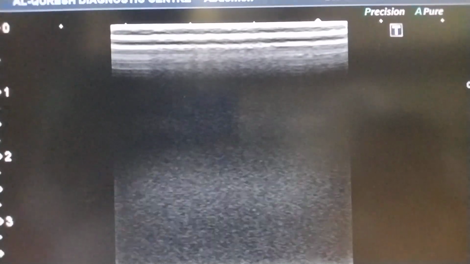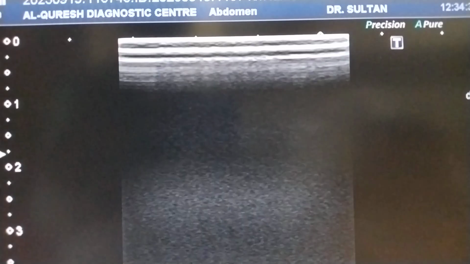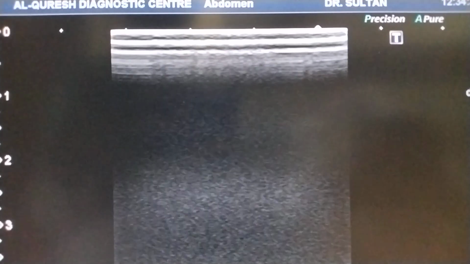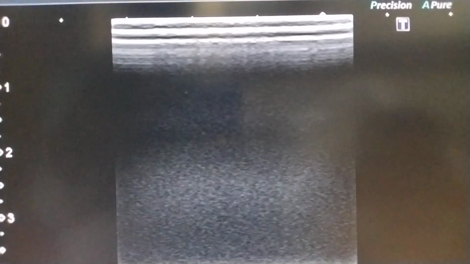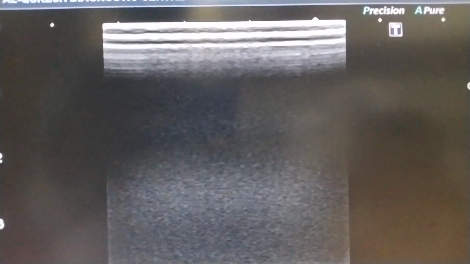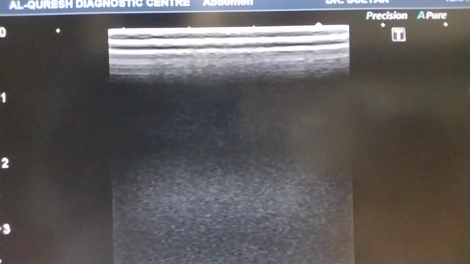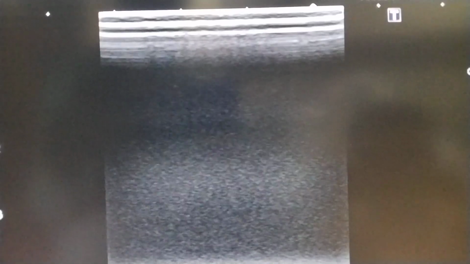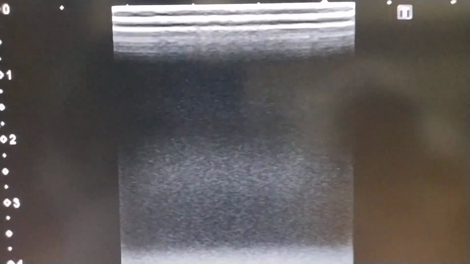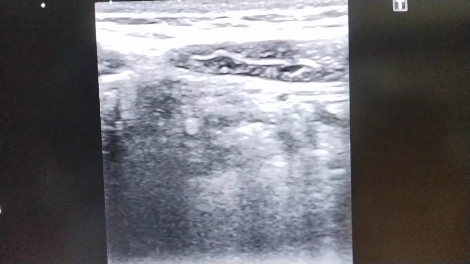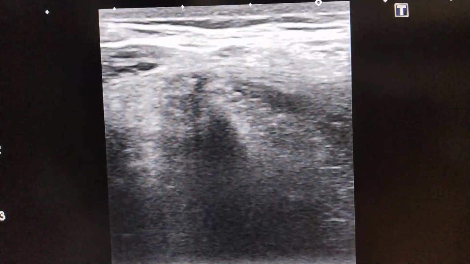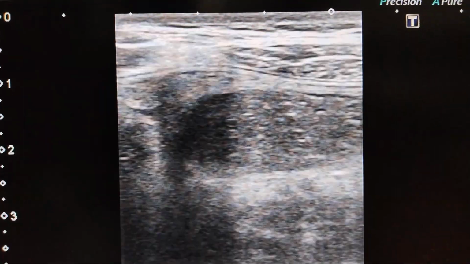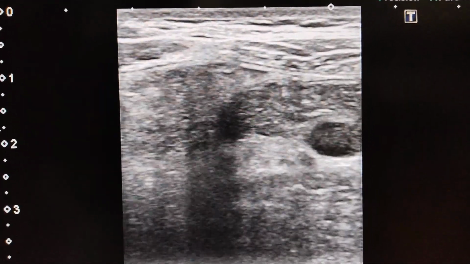Dear colleague, this is a young male patient, almost 30 years of age, with a history of pain and tenderness at the right iliac fossa region. So suspecting appendicitis, I am directly using the high frequency linear probe and scanning the right iliac fossa region. So this is the right iliac fossa region, and here we can appreciate